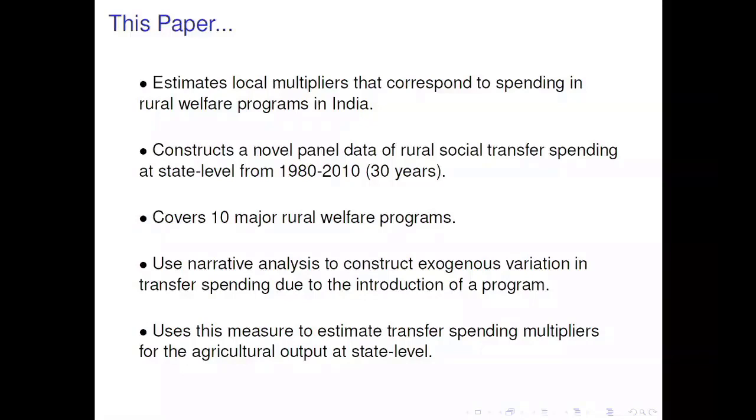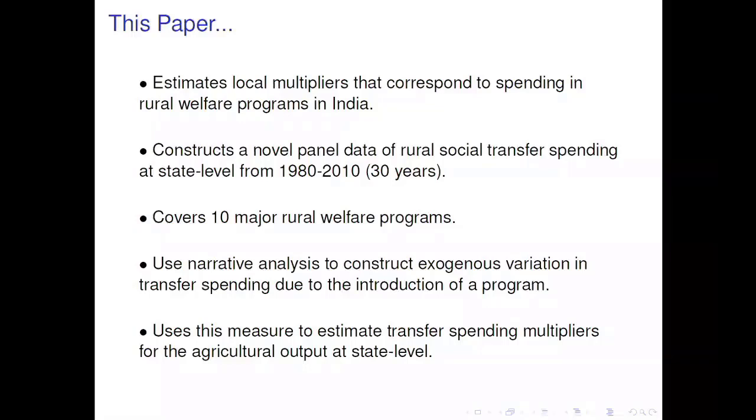Again, I wouldn't say necessarily which one is more policy relevant, whether it's the local multiplier or the national multiplier. It depends upon the question you're trying to ask. The question we are trying to ask here is essentially, how can fiscal policy, or welfare policy in this case, take care of local disturbances in the rural areas, because the things that we'll be talking about are essentially rural welfare programs. So what we are essentially trying to address is how can you at all make significant changes to a local shock as opposed to a national shock.